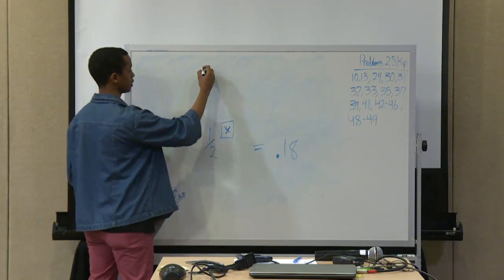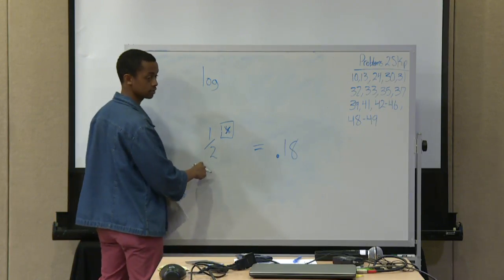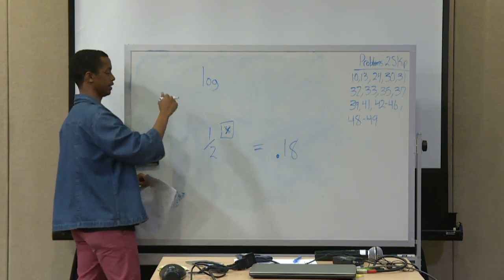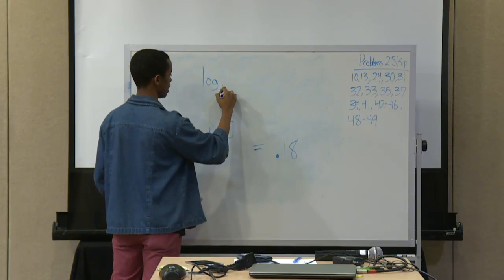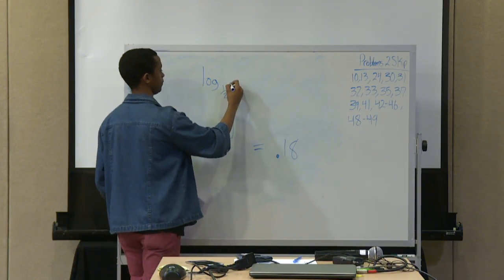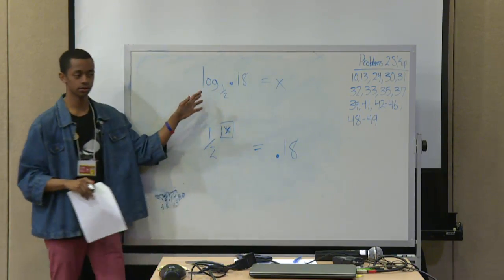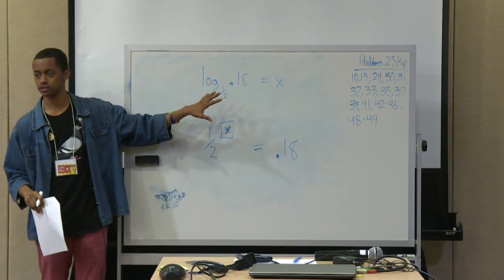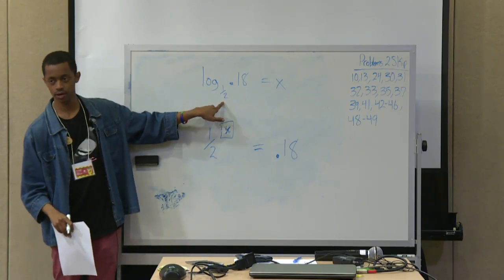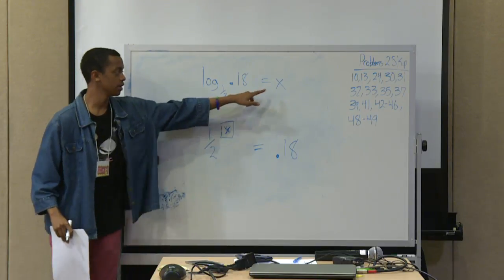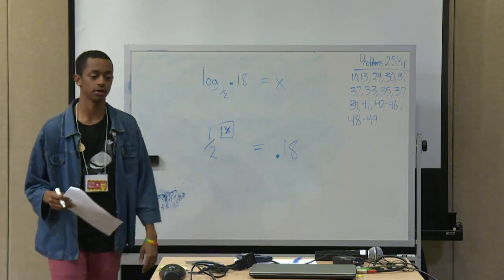So this is log base 1/2 of 0.18 has to equal my x value. You guys remember how to set up log stuff like this? Whatever the number is raised to the exponent, that's what goes on the bottom. Whatever it equals is up here, and the exponent is always the answer over there. Cool? So if you do that in your calculator,